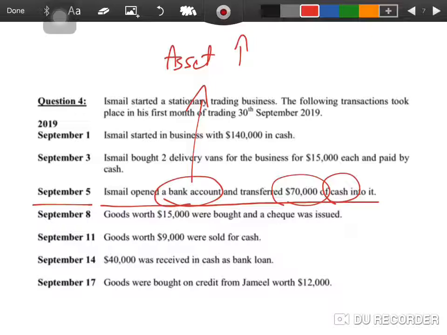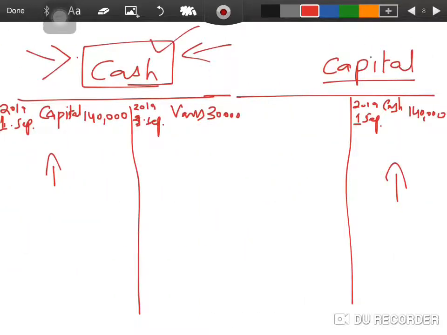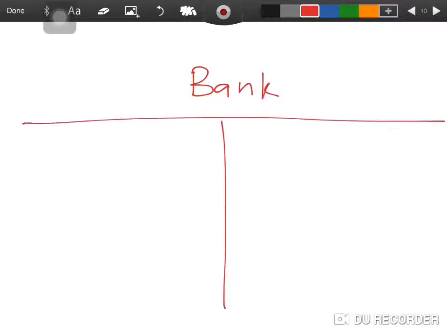On the other hand, he is depositing the cash that he had into the bank account, so the asset of cash in this case is once again going down. So the 2 T accounts are going to be number 1 bank and number 2 cash. Now once again, we already have a T account named cash, so we are going to prepare a T account for bank only. Since money was being deposited into the bank account and we know that the asset of bank is going up, it should be recorded on the debit side.